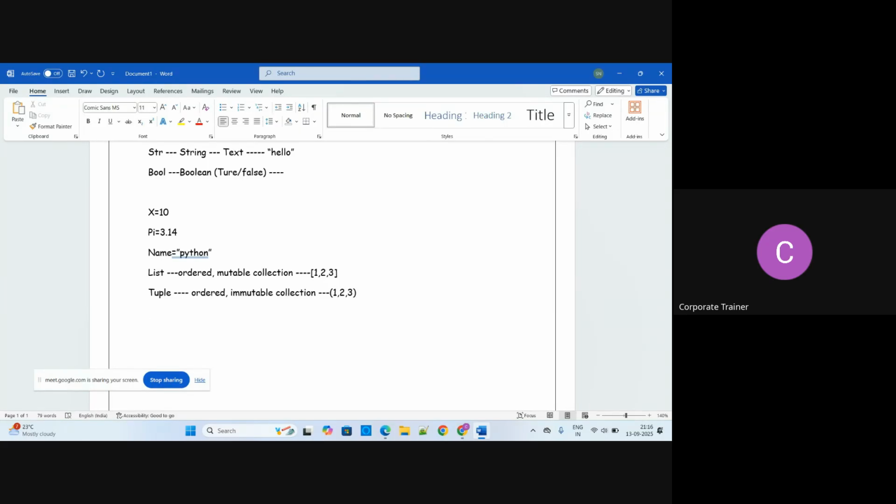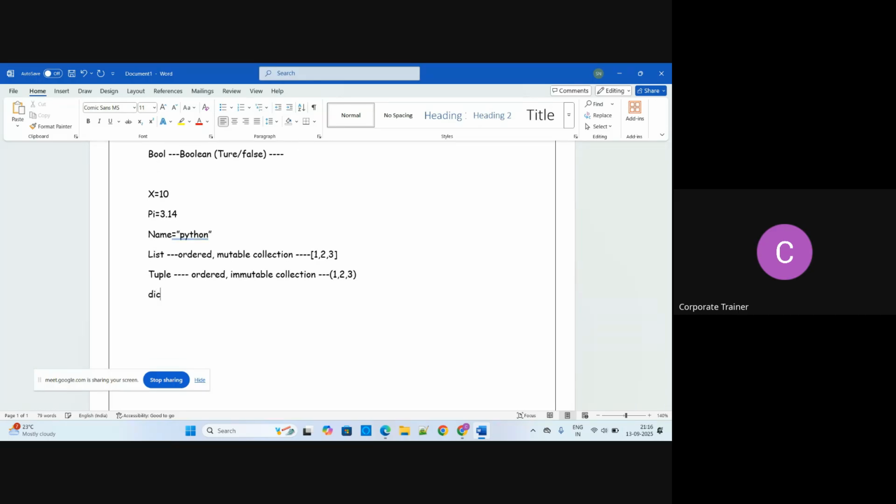Third thing is dict, D-I-C-T. Dict is nothing but dictionary. Whenever any key value pair is there, in this case you can use a dictionary. So it is a key value pair, and you can define it like that, with a key and a value. That's the thing about dictionary.